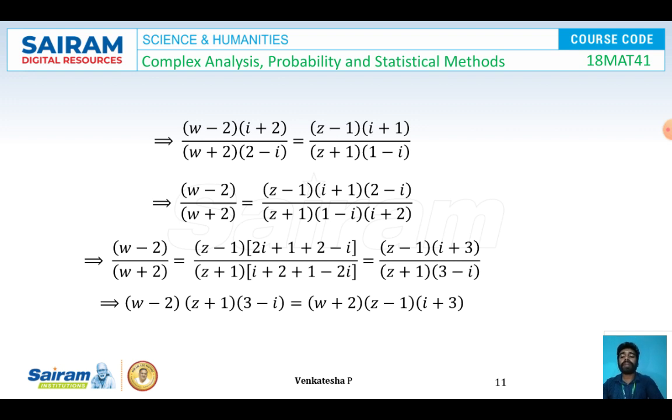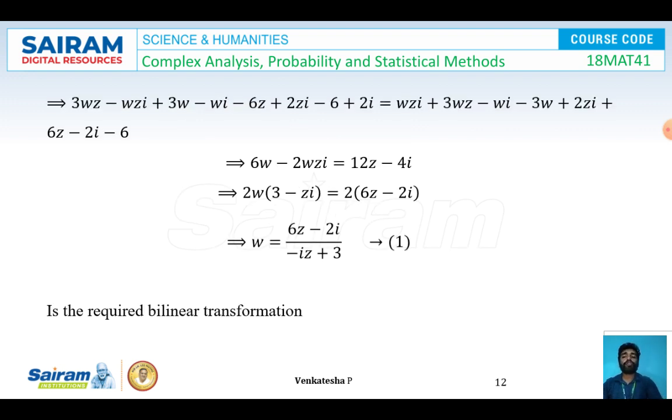So now I'm going to multiply this w minus 2 with (z plus 1)(3 minus i) and w plus 2 with (z minus 1)(i plus 3). So I got the equation after multiplication, that is 3wz minus wzi plus 3w minus wi minus 6z plus 2zi minus 6 plus 2i is equal to wzi plus 3wz minus wi minus 3w plus 2zi plus 6z minus 2i